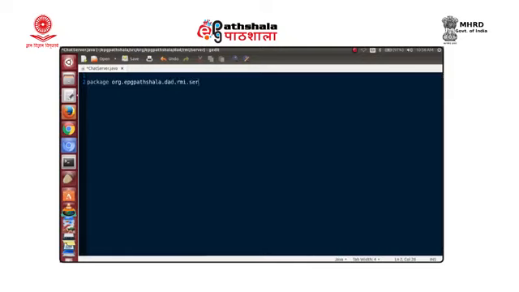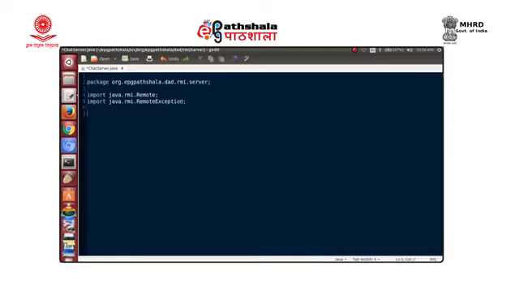This will be an interface which extends our remote interface, and therefore, we will need an import for java.rmi.Remote. All the methods in our remote interface have to throw RemoteException, so we will need an import for java.rmi.RemoteException.